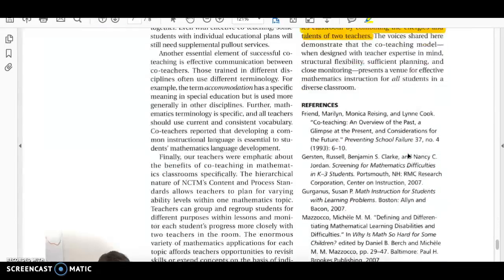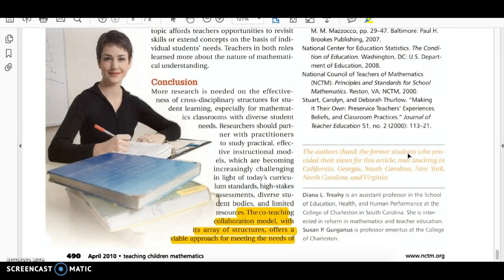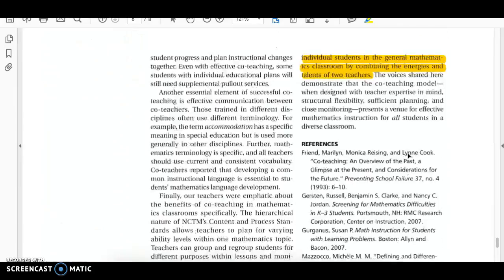And so, in conclusion, the article states that more research may be needed to look into co-teaching. It states the co-teaching model, collaboration model with this array of structures offers a viable approach for meeting the needs of individual students in the general mathematics classroom by combining the energies and talents of two teachers. So the article is very much in support of using co-teaching, and shared these stories of teachers using these